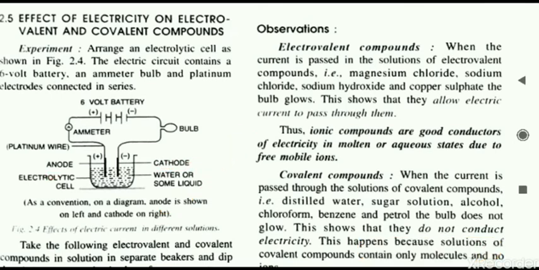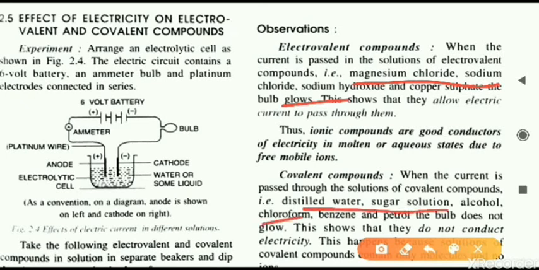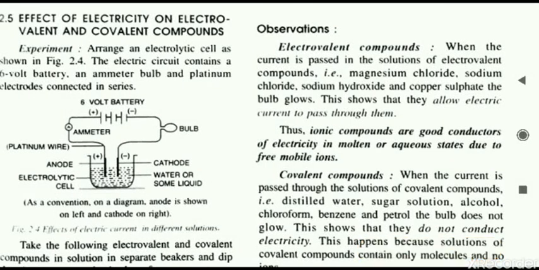Now the solution we will take of two types. In two beakers, in one beaker we will take an electrovalent compound, any of the compounds we can take, examples are given. On the other side, in another beaker we will take any of the covalent compounds. So the same setup we will use and perform the experiment two times. First, as we apply this experiment in the case of the electrovalent compound, what will happen? The electric current will start flowing.